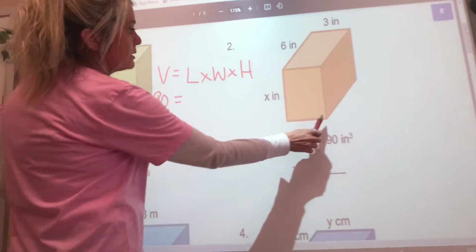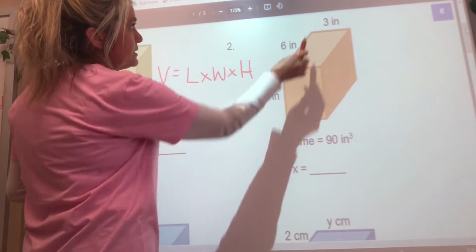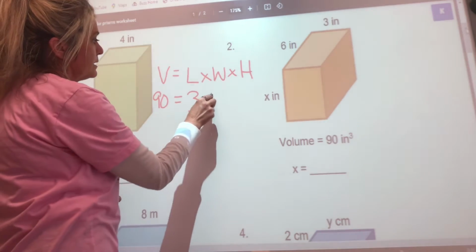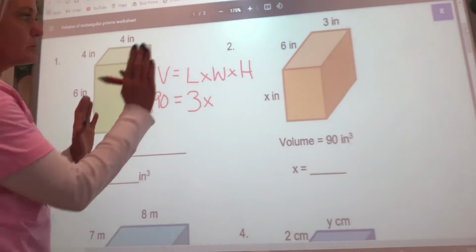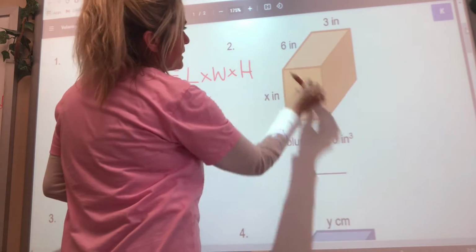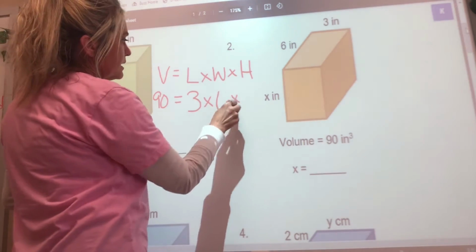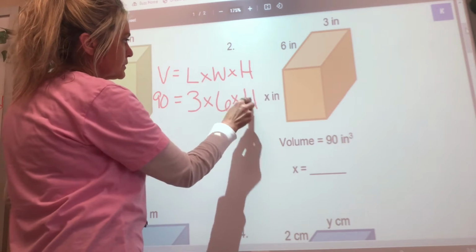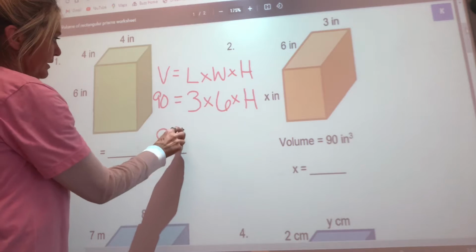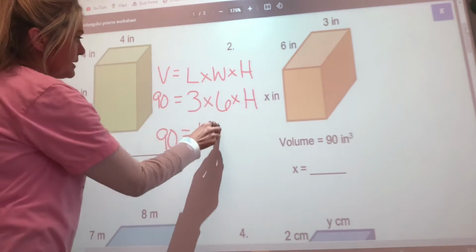We know that the length is 3 inches, because this is the length and that's the same, so 3. The width, how deep it goes into the page, is equal. Those are the same, so 6. And then the height, but we don't know it. So that's our missing part. Okay, so let's just figure out what we do have. 3 times 6 is 18